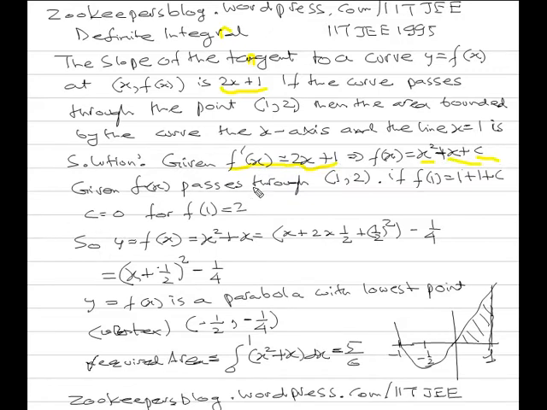So given f(x) passes through (1, 2), then it should satisfy this equation, so f(1) will be 1 plus 1 plus c, and it is given that f(1) is 2. It is told that it passes through 2. So this is an initial condition to find out the unknown constant c, that is known as the initial conditions or given conditions. So basically c is 0, and y equal to f(x) is x square plus x.